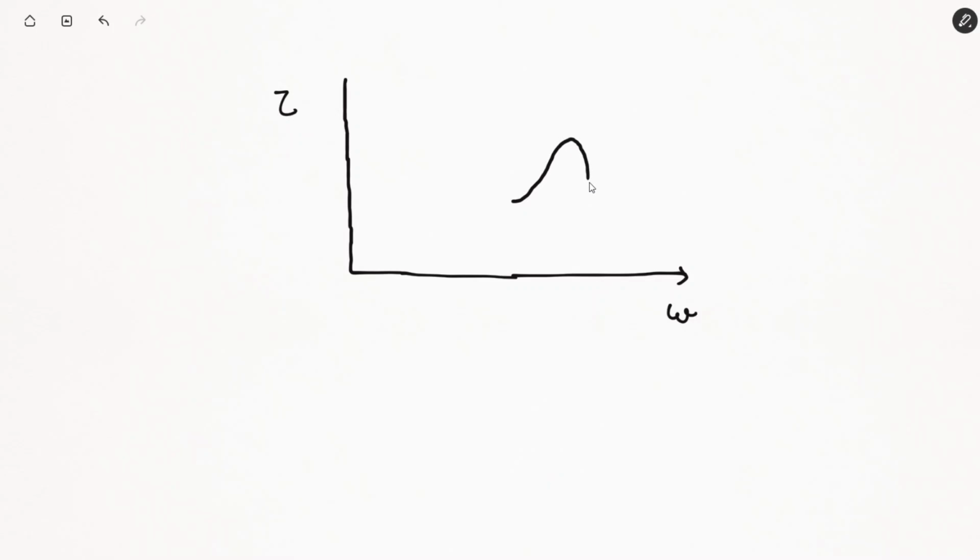So looking at the torque speed profile, our torque speed profile looks something like this for an induction motor.